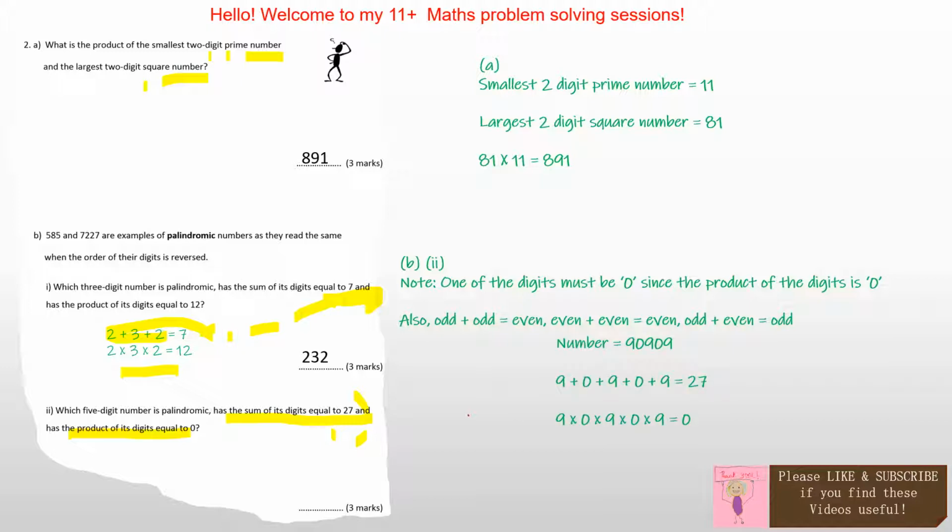So that is why the number I came up with is 90909. When you add these numbers you do get 27, and you multiply them you will get 0. So our answer is 90909. Okay, if you have thought of a different number, please do leave a comment. Okay, next question is